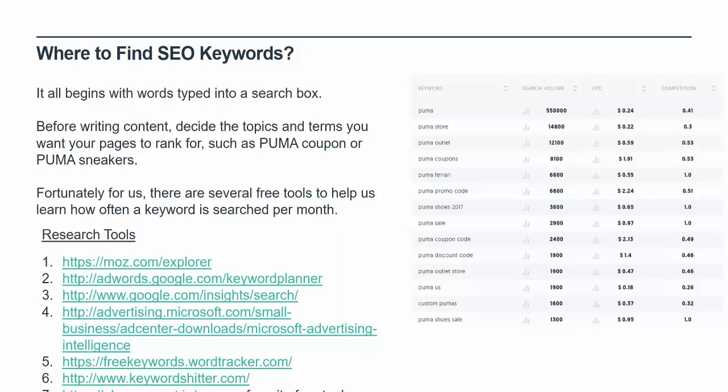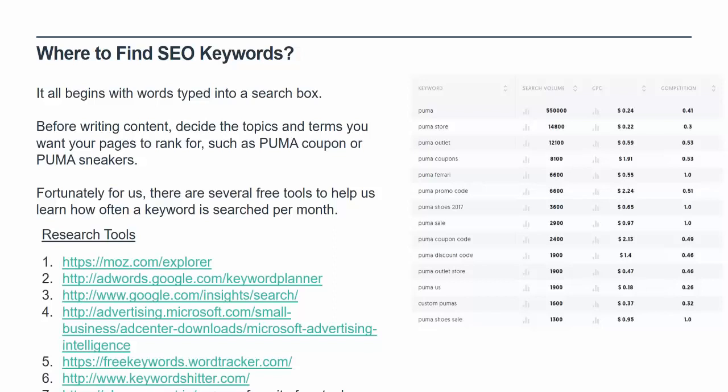I kind of breezed over this, but if you're new to keyword research, I'll let you know what each of these columns means. I just said search volume. What that KPI is really answering is the number of times that phrase to the left of it was searched per month. And keep in mind, SEO is very competitive in 2018.